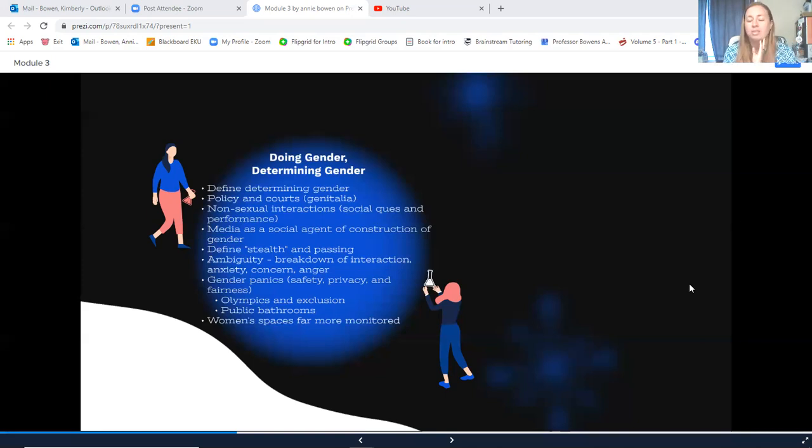And we're going to talk about this a lot when we talk about what it means to be a gendered me. But I want to embark upon this idea that passing creates